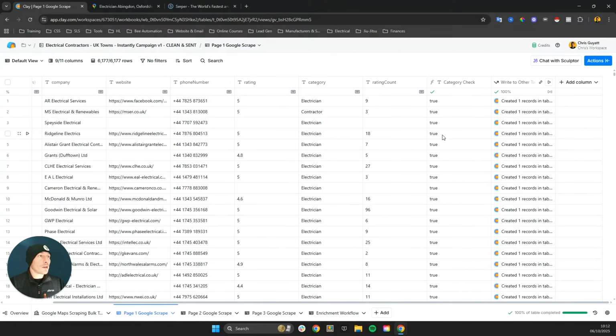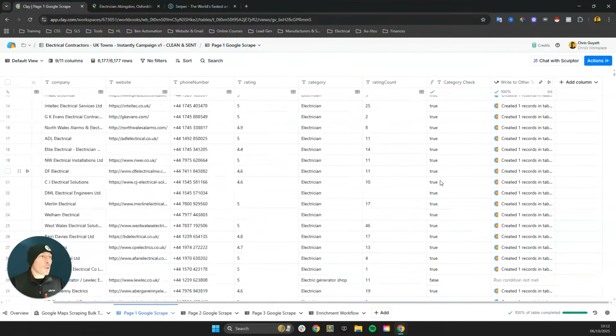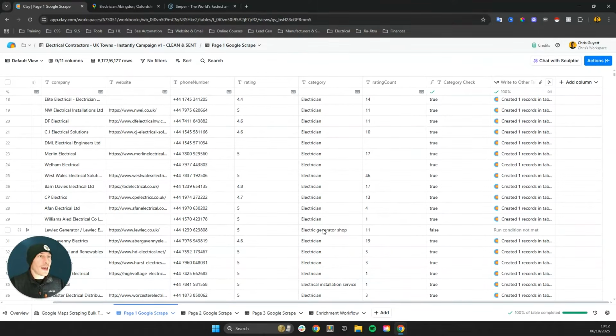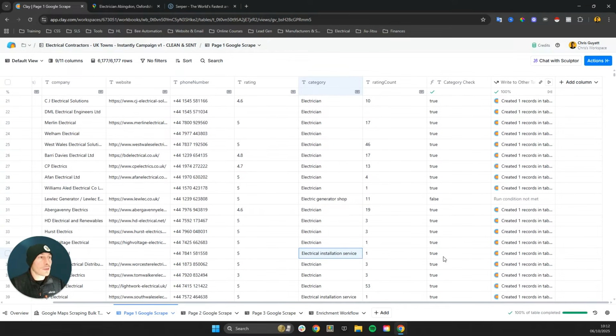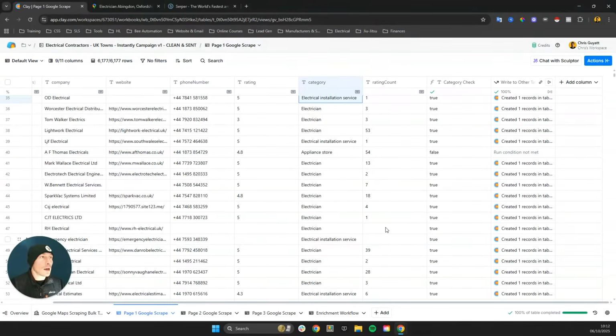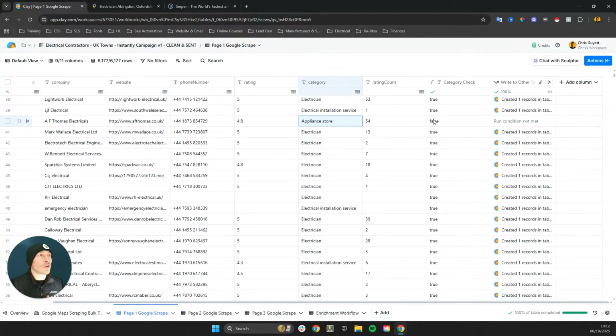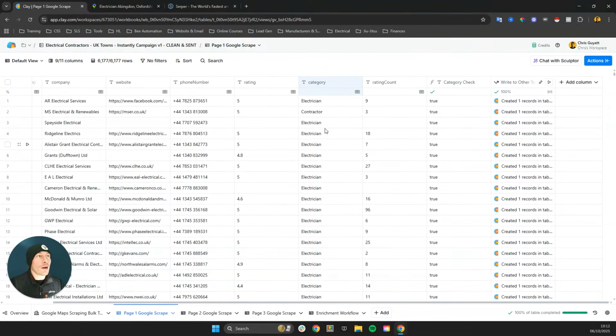So as you can see, true. Because what sometimes happens, as you can see here, we may search electricians, Abingdon, Oxfordshire, but it may come up with an electric generator shop, which isn't actually who we want to target. So then it will return false because it's not an electrician, it's not an electrical installation service. Here we go, an appliance store. So we don't want to reach out to them. So we can put a little formula in there that